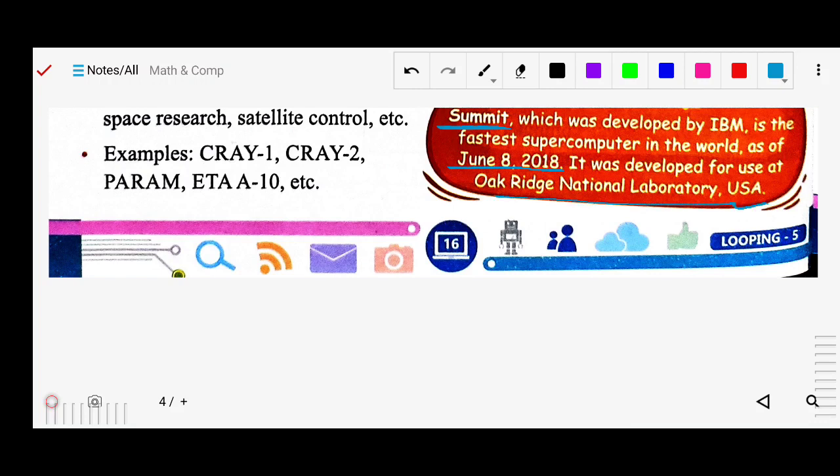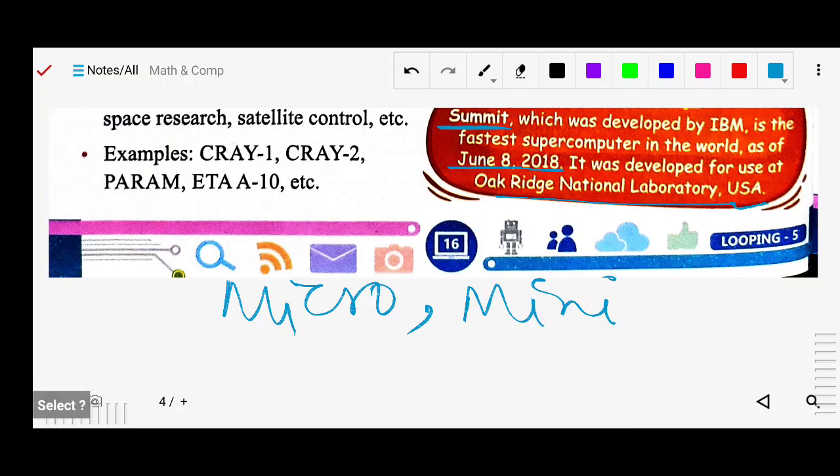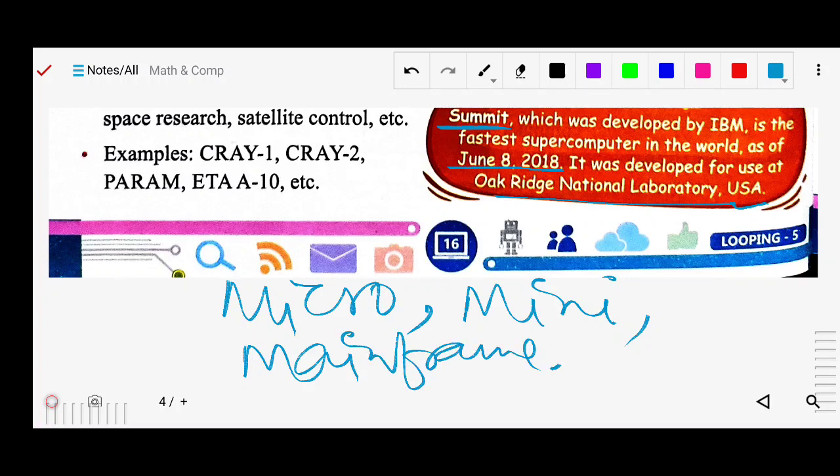So now we have studied the types of computer. Computers are divided into some categories. First we call the microcomputer, then the mini computer, then the mainframe computer, then the supercomputer. So this is the category of types of computer. This is about computer evolution and types of computer. Once again, read this chapter thoroughly and try to learn all the names, time periods, technology and all that. Okay.